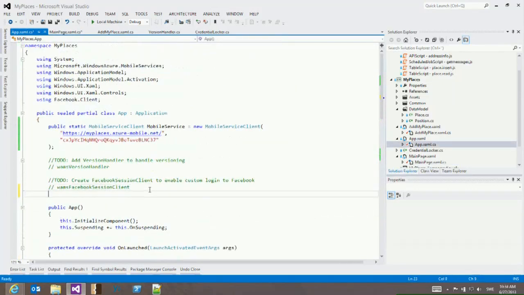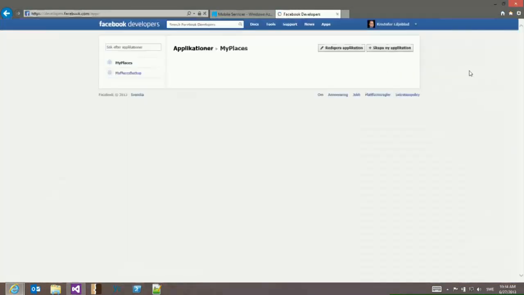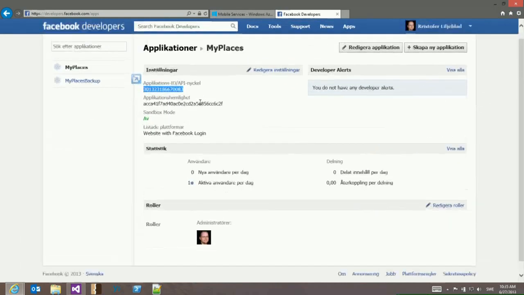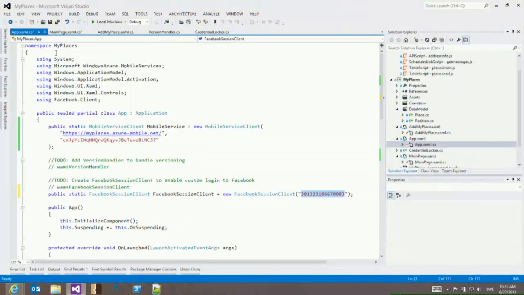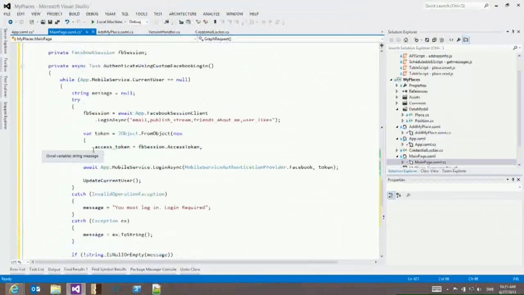I need a session client. This client uses my application ID. That's the numbers you can see down here. And I get those if I go to the Facebook portal. It's this number that Facebook provides you when you are registered as a developer and say, I have a Facebook application. If I look at the code here, how to do the actual logon, what I do is I